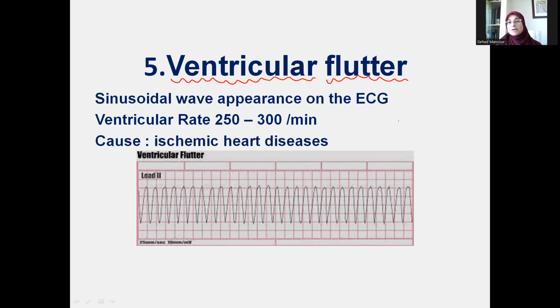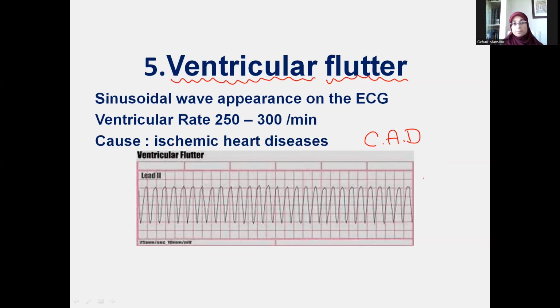Usually, ventricular arrhythmias have an underlying pathology of the heart, and the most common cause is coronary artery disease or ischemic heart diseases, where the coronary arteries are relatively narrow, or there is relative deficiency of the blood supply that